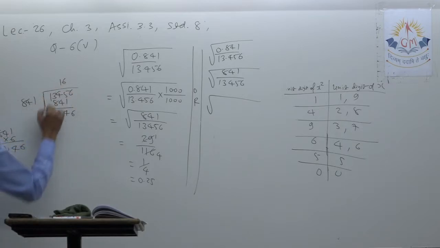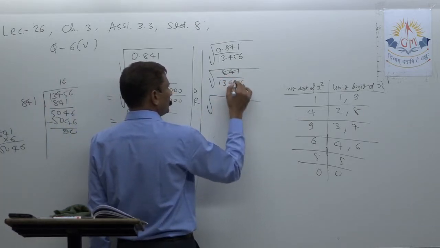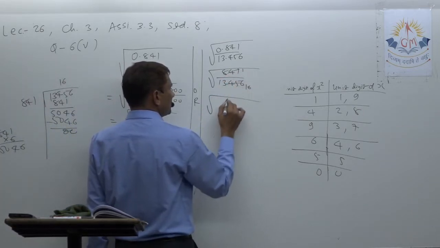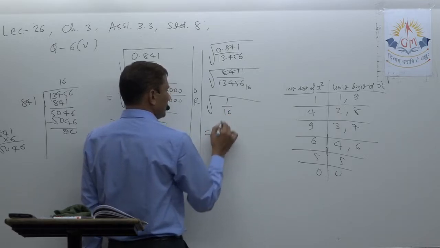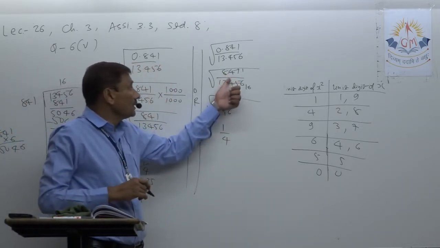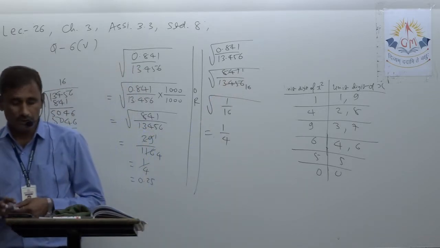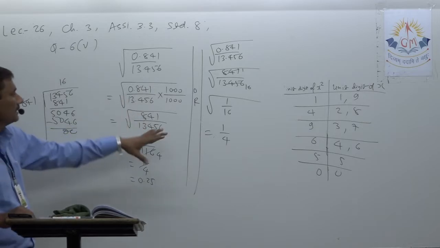So we got it here. But not every time it is possible so easily. So 841 into 16. So 1 by 16 is left there. So directly you can say it is 1 by 4. So that way also you can go. But if it is not divisible, then that way you cannot go ahead. Okay, so look carefully. So anyway, you can solve the sum.